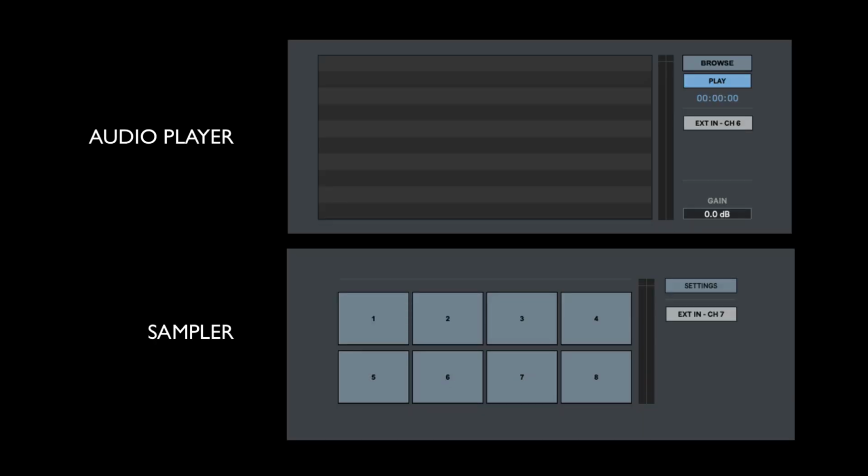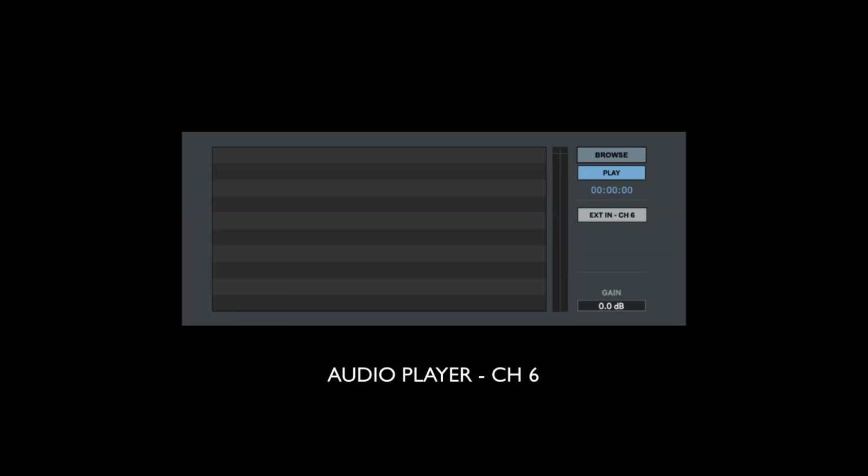The stereo inputs are set as audio player and sampler sections. The audio player section allows you to play WAV, AIFF, or MP3 files from your computer through Podcaster. Just select the audio files folder and you will have all of them within the files menu, ready for using them. This section can also be used as a stereo input channel, so for instance you can send audio from another computer to this channel